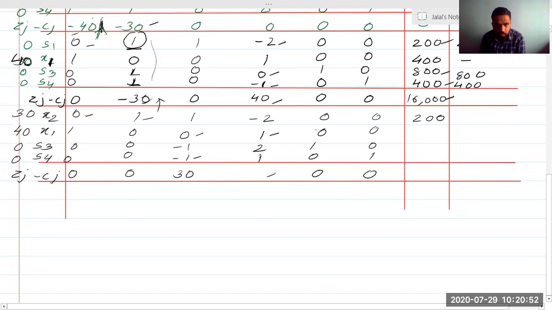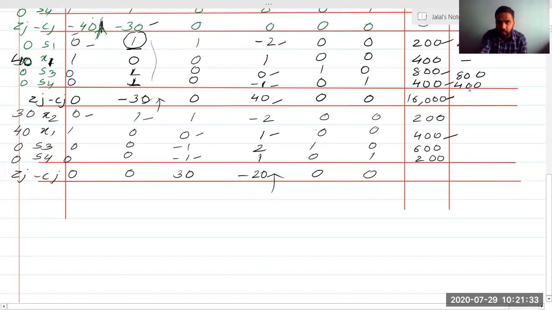Okay, so now we need to find this value. What will be this value? 1 into 40 minus, minus 2 into 30, that is 40 minus 60 is minus 20, divided by 1 is minus 20. So you can again see there is a negative element. So we have to proceed, but before proceeding we need to find these values also. So this value will be 400 minus 0 divided by 1. So this will be 400 only. To find this, it will be 800 minus 200, 600, correct? 600 by 1. Then 400 minus 200, it will be how much? 400 minus 200 is 200. 200 by 1 is 200 only.